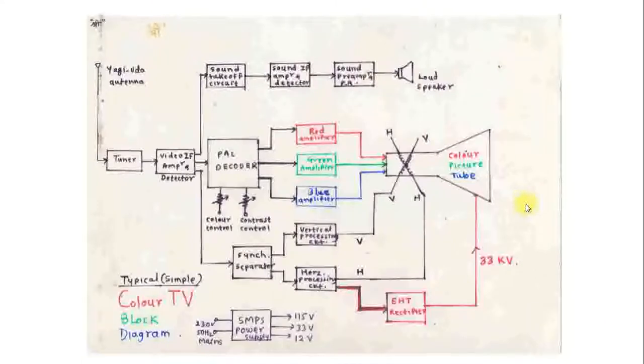So if you see this color television block diagram, very simple: a tuner, video IF amplifier and a detector section, or common IF amplifier and detector section, from which three outputs are taken. One goes to FM demodulation, another goes to chroma section, and third goes to sync separator section. The same thing I will explain you in this